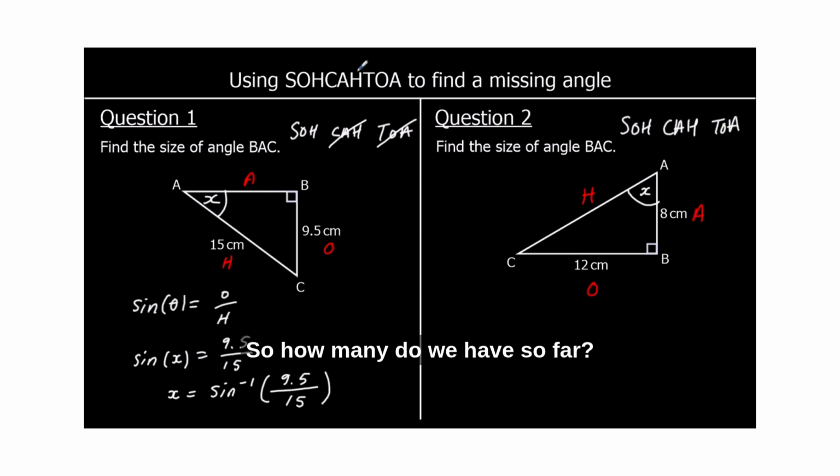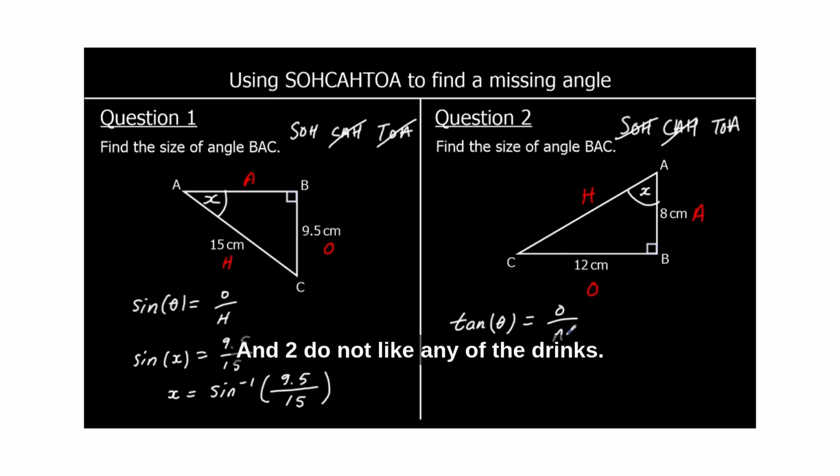We want O and A, we don't want H, so it's tan. So TOA means tan with the angle equals O over A. So tan x